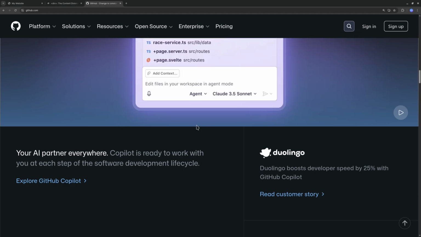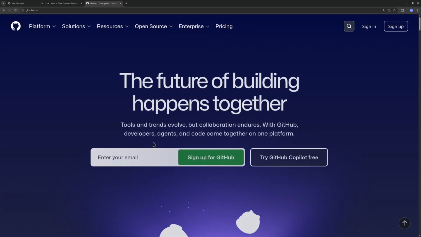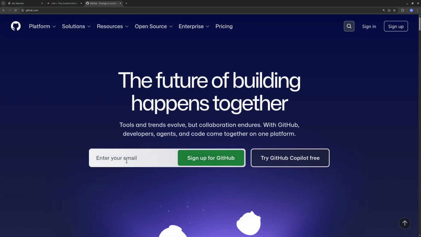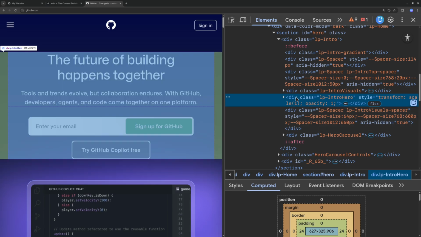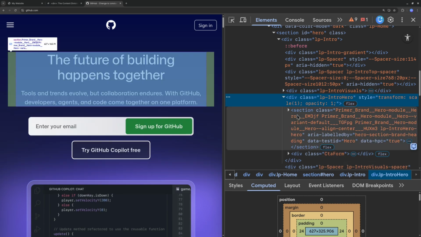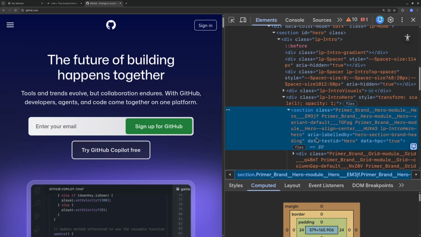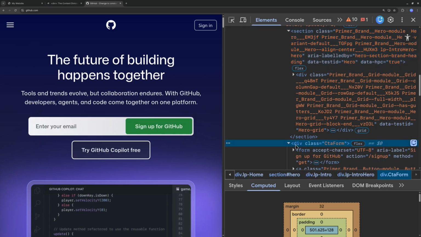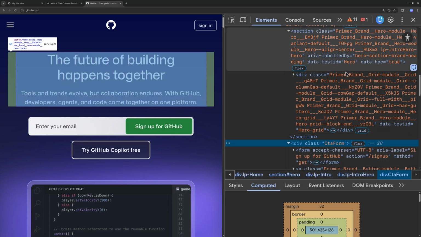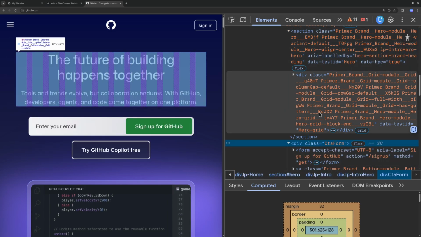So if I just go here in the GitHub page, for example, these two are here, right? So I'll just inspect these, okay? As you can see, this is a div, and inside of that we have a section, okay, and then we have another div, and so on and so forth. So divs are everywhere. Whenever we want to group the elements together and style them, we use the